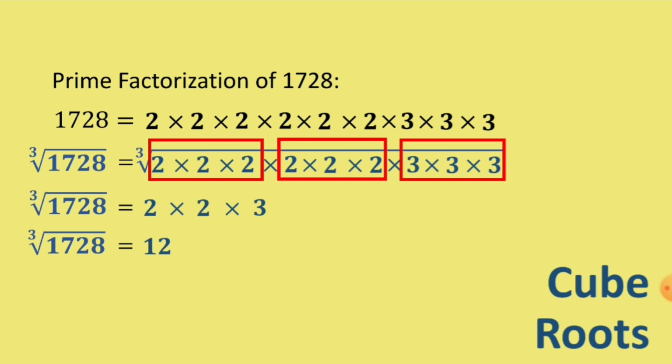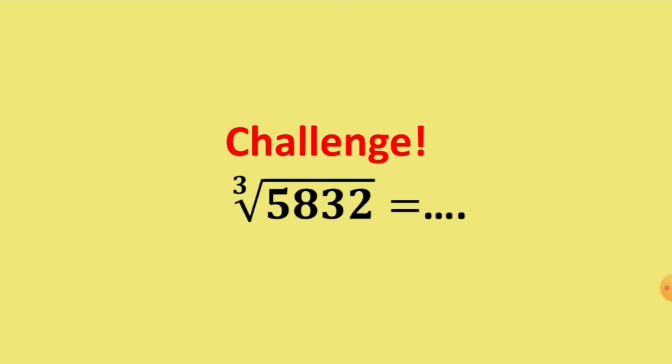Now, we have 3 ways to find the cube root of a number. The first one is using trial and error. The second one is using prime factorization, but we change the order. The third one is grouping the prime factorization into the multiplication of 3 identical numbers. Now, can you find the cube root of